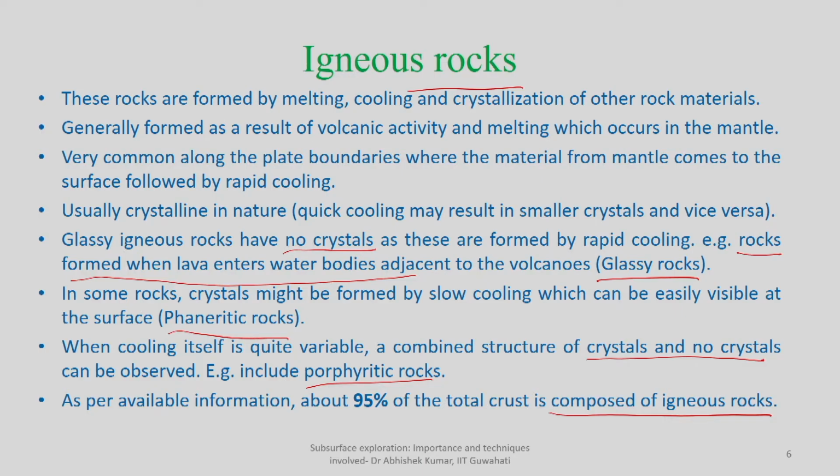And the third one is when there is a difference in the rate of movement along the same plate boundary, or the region between two plate boundaries moving at different rates, so there will be some kind of slight gap between the plates, which will also bring some material onto the surface. The possibility is there. That's why, at each plate boundary, there are always chances that new material comes up and forms igneous rock. That's why 95% of the earth's crust is composed of igneous rocks.